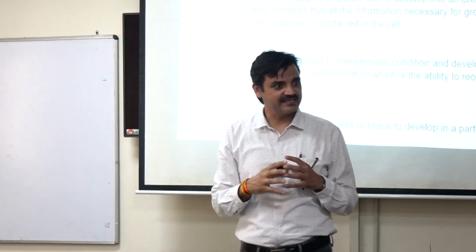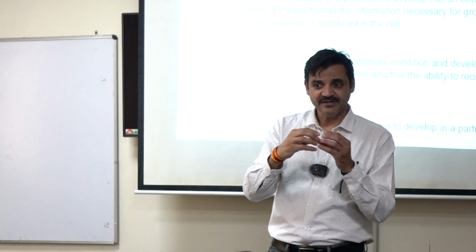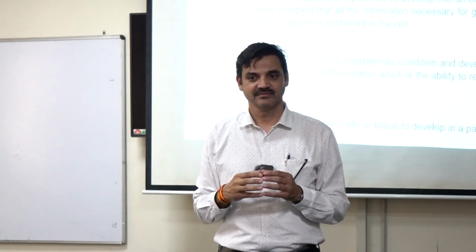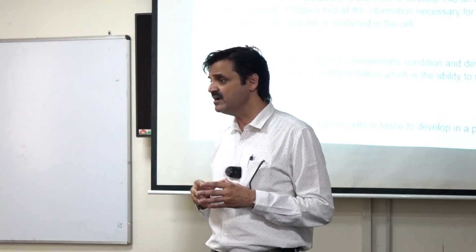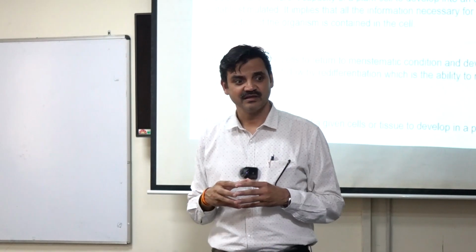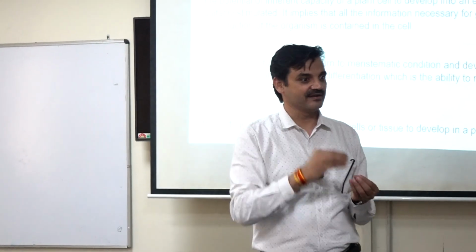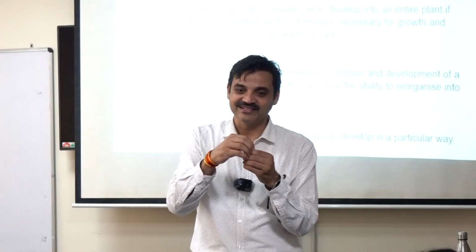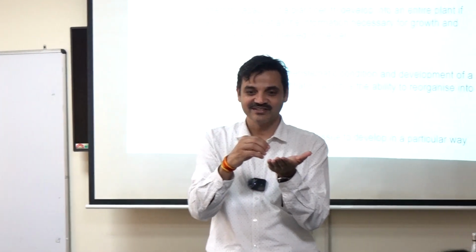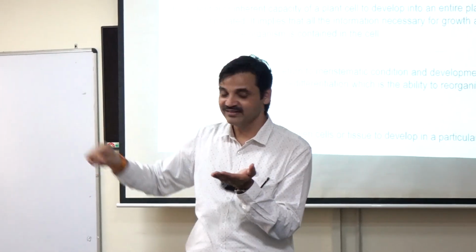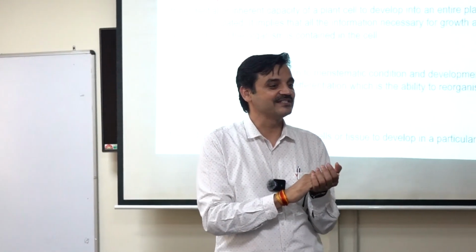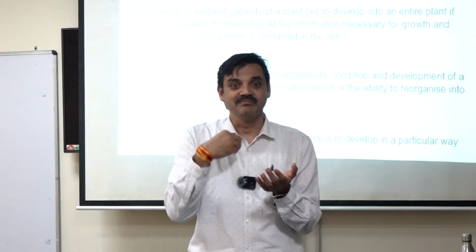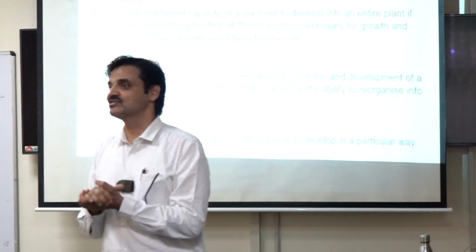Now I am asking those cells in culture to make another plant. Leaf is not supposed to make another plant, is it? Have you ever seen a leaf making another plant? Unless you have an axillary bud in there at the edge, that I am not talking about. The leaf as such, which you see on the plant outside, right? That is not designed by nature to make another plant. But my theory says that every cell has a potential.